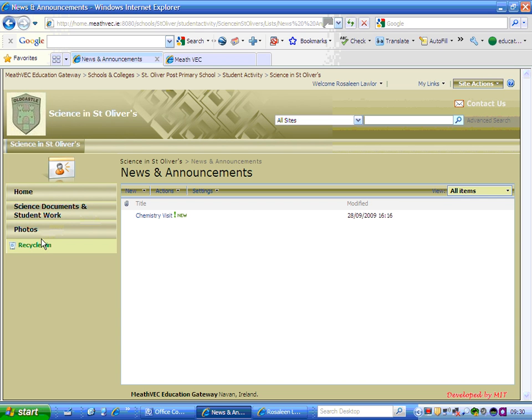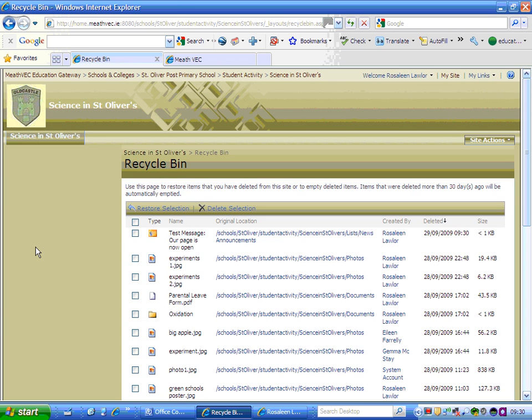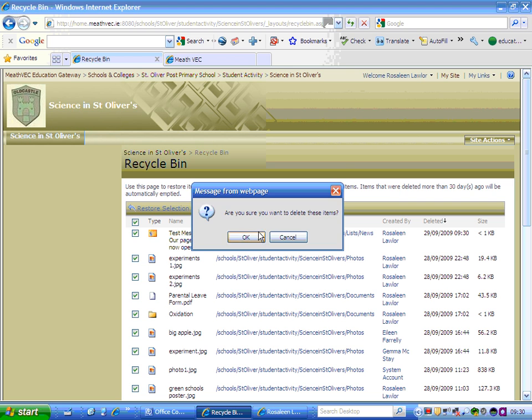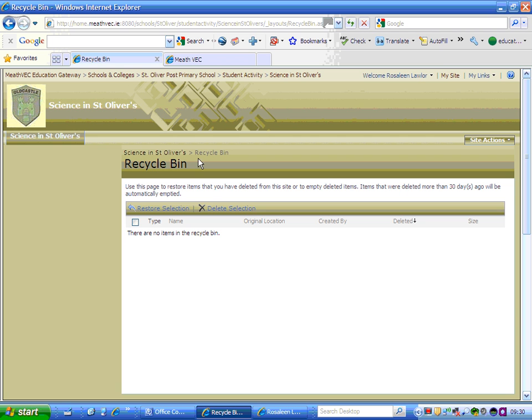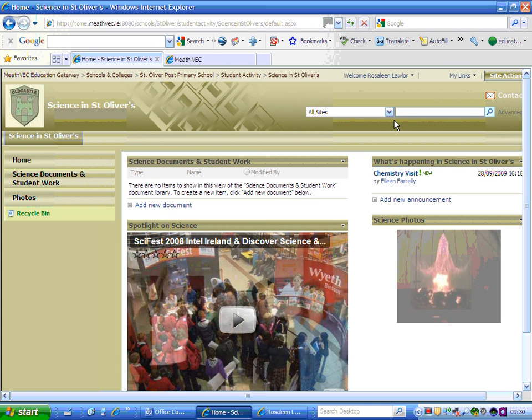That message actually goes into the recycle bin, which is located on a site. Only contributors and moderators of sites can see that recycle bin. Members of the public, students, other staff can't see it. And to delete everything that's in that recycle bin, you simply select them and delete them, and they are completely deleted then. So I'm using my breadcrumb to go back to Science in St. Oliver's. So now you can see my message is gone. And that's how to